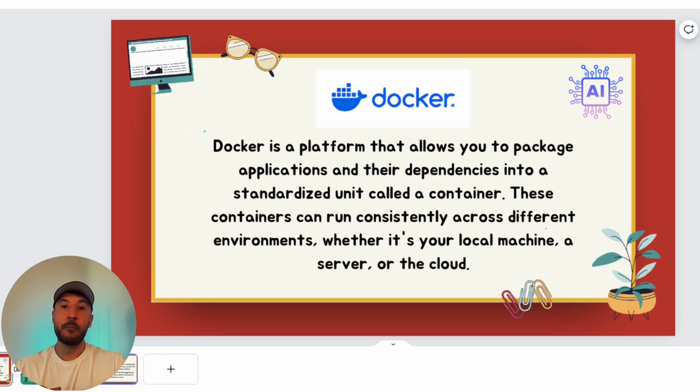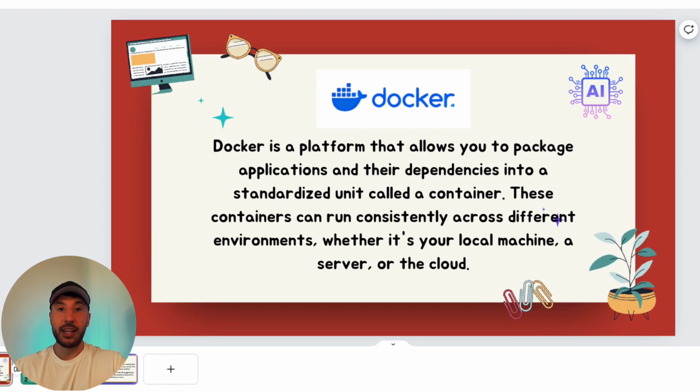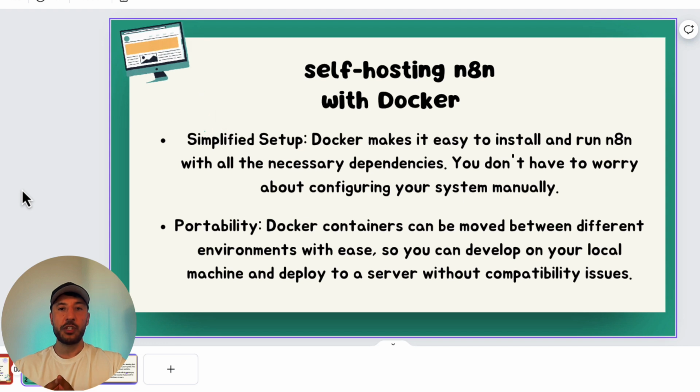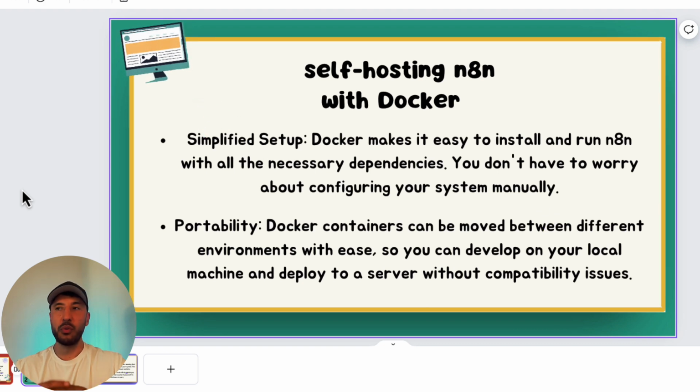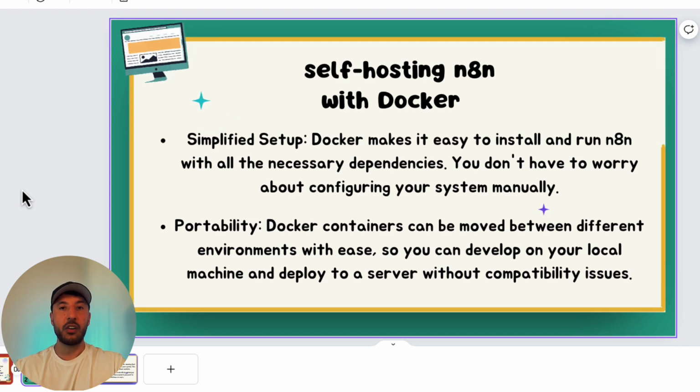That way, if you want to self-host in a cloud account with a cloud provider, you can do that, and it will behave exactly like it would on your local machine. So when it comes to n8n and self-hosting, the reason Docker is so beneficial is that it really simplifies the process of getting n8n up and running, because it bundles all of the necessary components into one package. That way you don't need to manually configure anything or worry about any issues with environments that you might run into. That's a huge advantage when it comes to the simplicity of running n8n on your local computer.